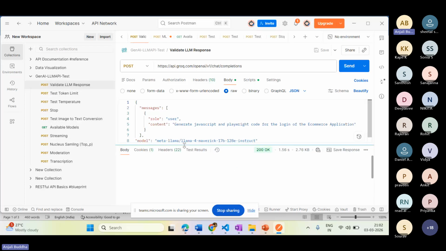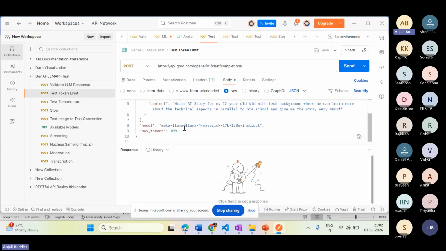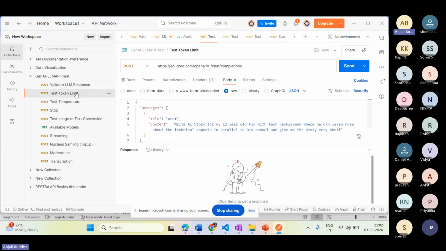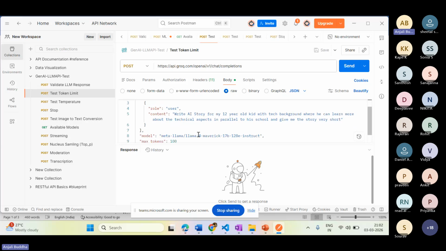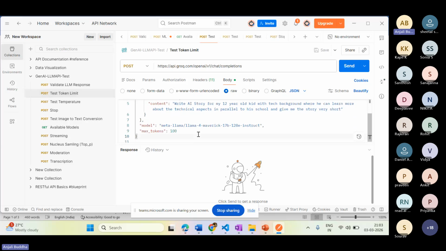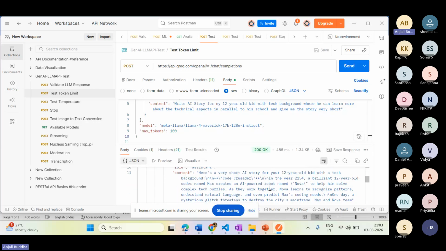Here we are going to test with different contexts, as I told, like when we added a token limit. See here, same API I'm using, without any restrictions, how I am getting a response. Here I'm going to use the token limit. When you provide the token limit, it means you should get your response within 100 tokens. We'll be discussing what tokens are and everything. It's not like a word count. Word count is different, tokens is different. So at this time, your response has been restricted within 100.